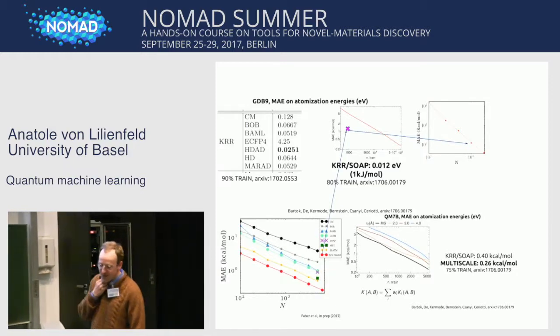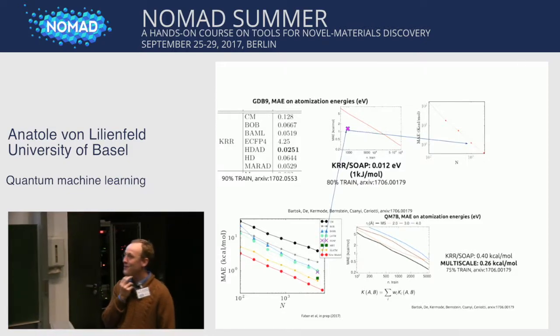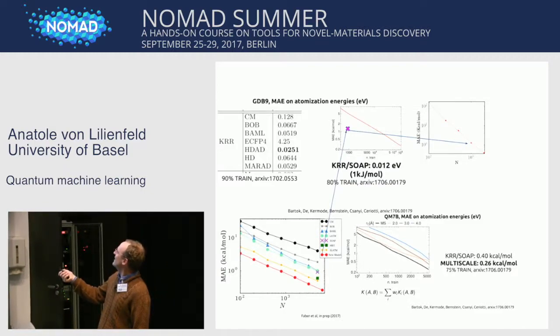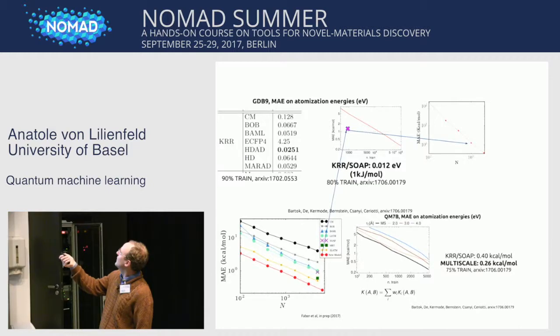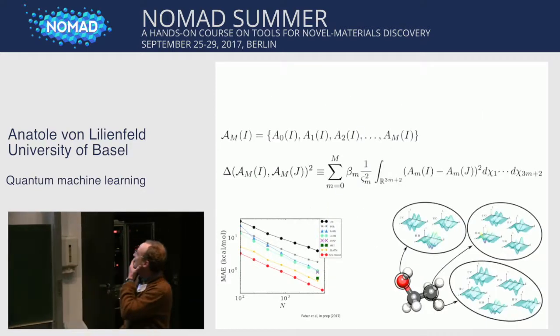And now we are having a fun race going on between Lausanne and Basel. So Michele is pushing for a multiscale model, which comes down again. It's the black one. So you're roughly at 1 kcal per mole, so your 0.05 eV limit with 1,000 examples, right? And that's also roughly where we are here. So this black and our red should be basically converging towards the same. It's very exciting.